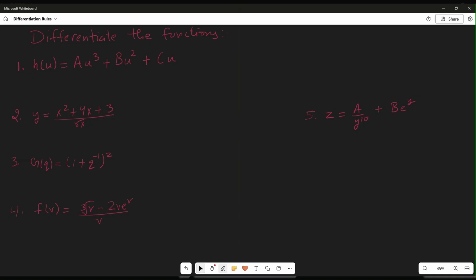H of u, this function, is equal to A times u to the cube, plus B times u squared, plus C times u. As we can already see here, A, B, C in capital letters are constants, and each constant is being multiplied by u to the cube, u squared, and u. So we can already see a constant multiple rule is being applied here. So the derivative of this is going to be simply